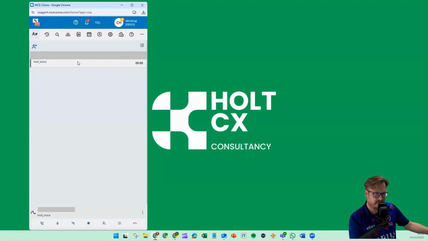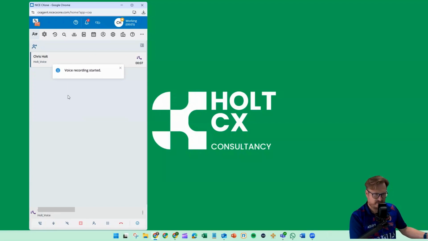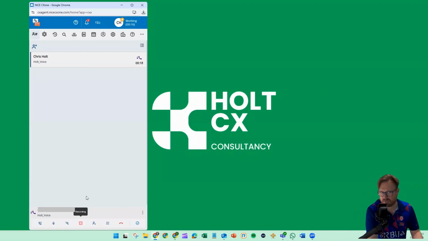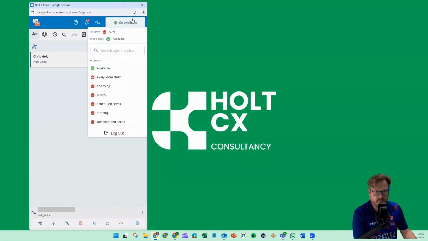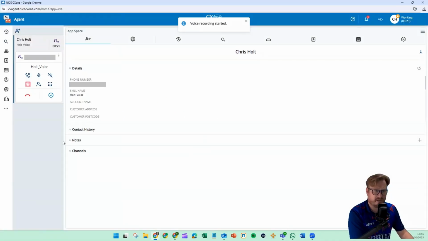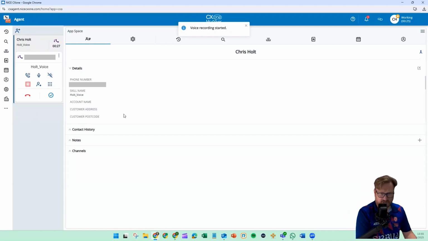And we are connected. So slightly different stuff going on here. The call control moves to the bottom of the screen. Again, I can place the call on hold. I can mute it. I can mask it. If you don't see all of these buttons, it's probably because your administrator has restricted it from your view. It looks like this, or we go full screen and it looks like that. And we have the customer card.